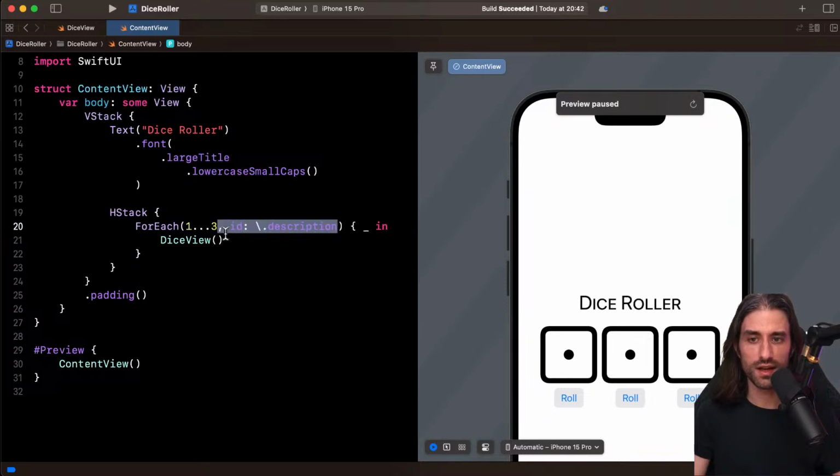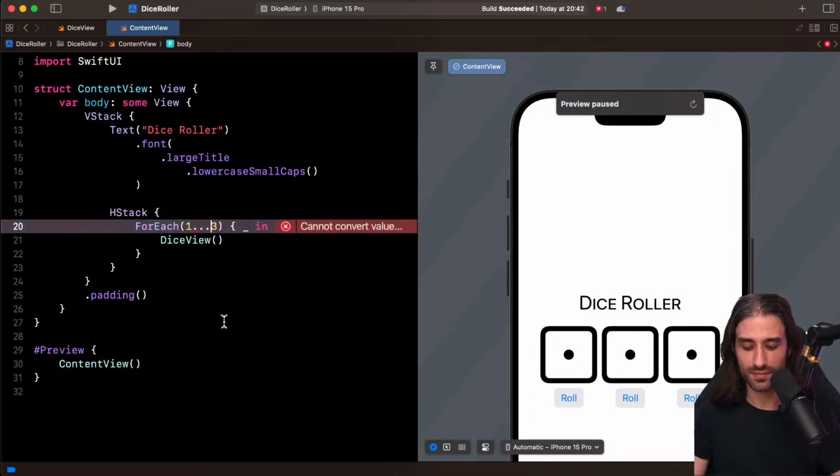So actually, I think the reason why they have to do this is because they want to use the closed range interval. By the way, the difference between this and this is that this says from 1 to 3, but 3 not included. So this contains 1 and 2, whereas this contains 1, 2, and 3. And for some reason, you can use this one alone, but you can't use the closed version of it.